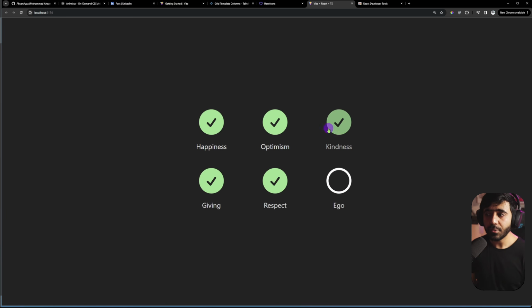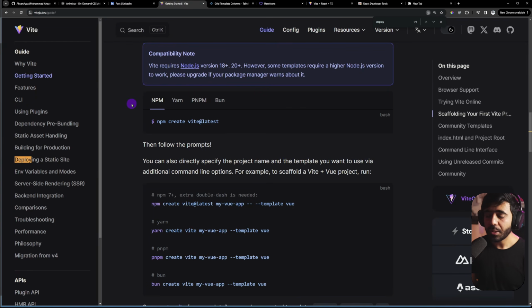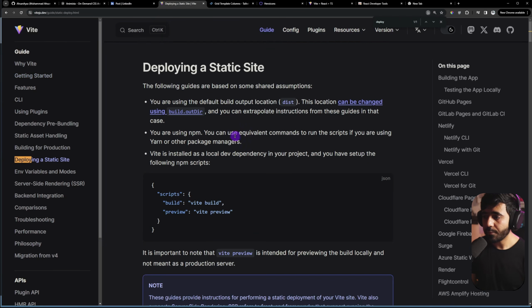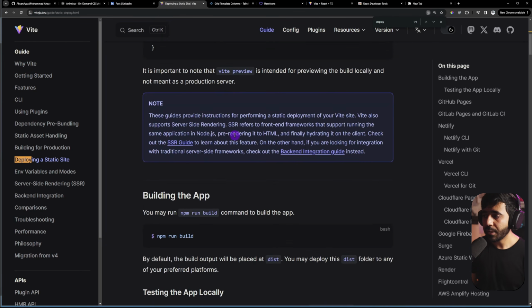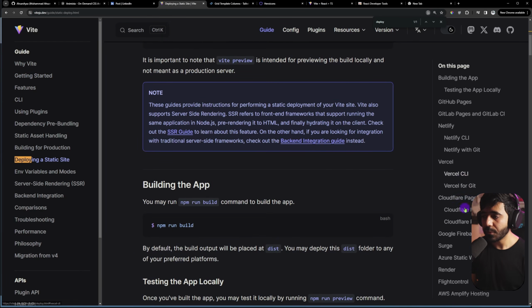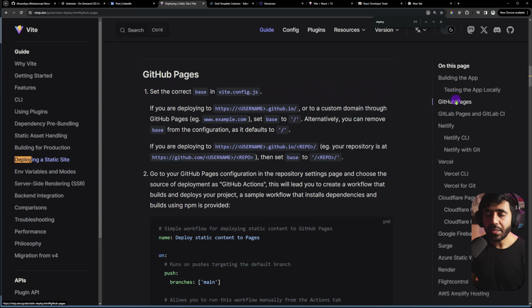But if you want to stick around, you can see how I deploy this application to GitHub Pages. So I can show this off to the entire world and post this on social media as well. So if you go to the documentation of Vite, you can see this section of deploying a static site. And you can go to the GitHub Pages section to see the instructions. The main thing right here is to make sure that you have the base href set to the repository name